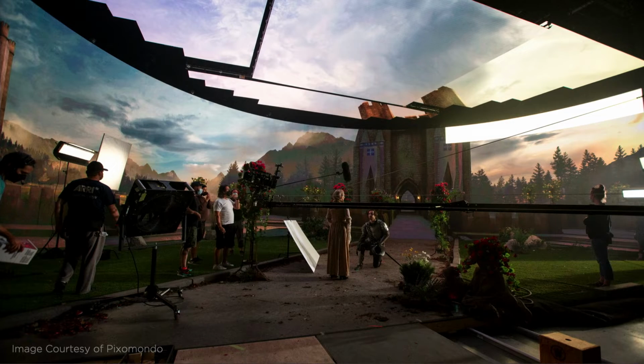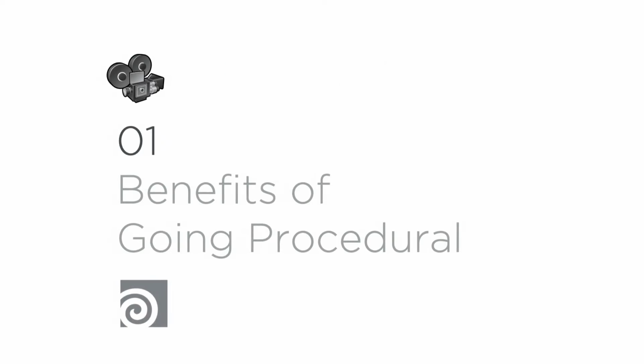And there we go. So, 10 reasons why a virtual production artist should think of Houdini as part of their tool set. Well, the number one reason to think about Houdini at all is, of course, the benefit of going procedural. By going procedural, you actually